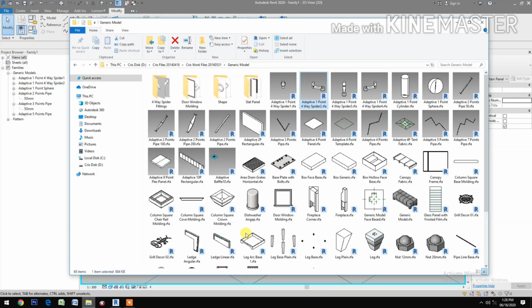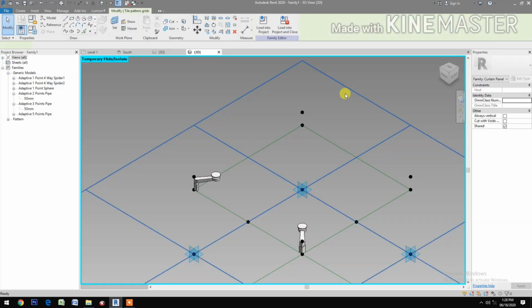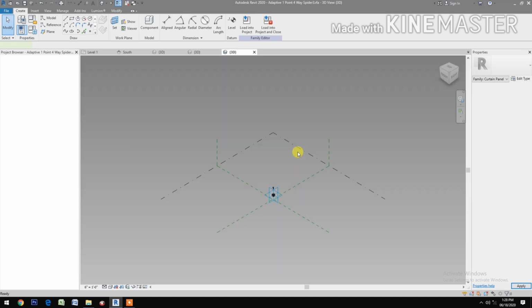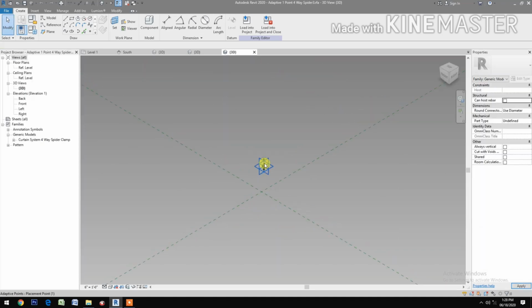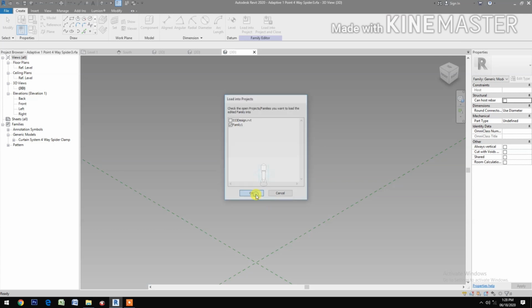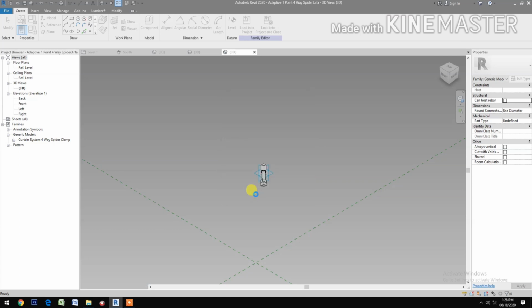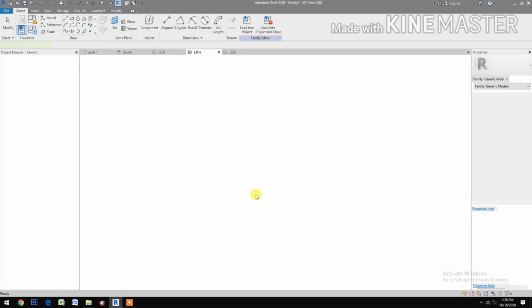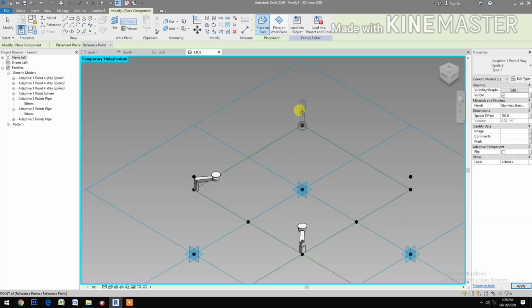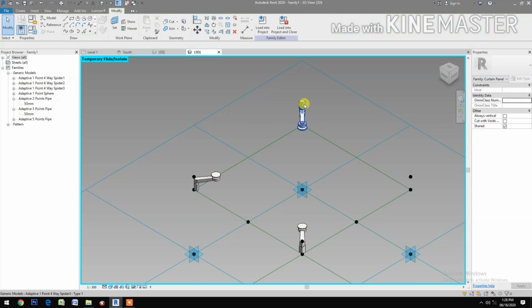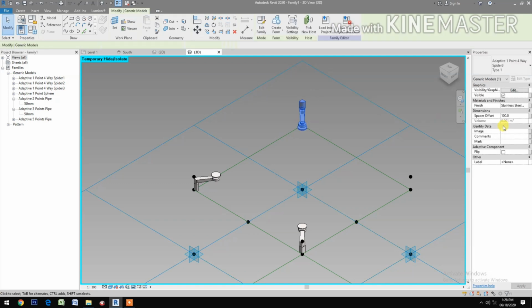next, insert the spider 3. Okay, this is the spider 3. Load into the project, family 1. Pick at this reference point, select the component and flip. Okay,